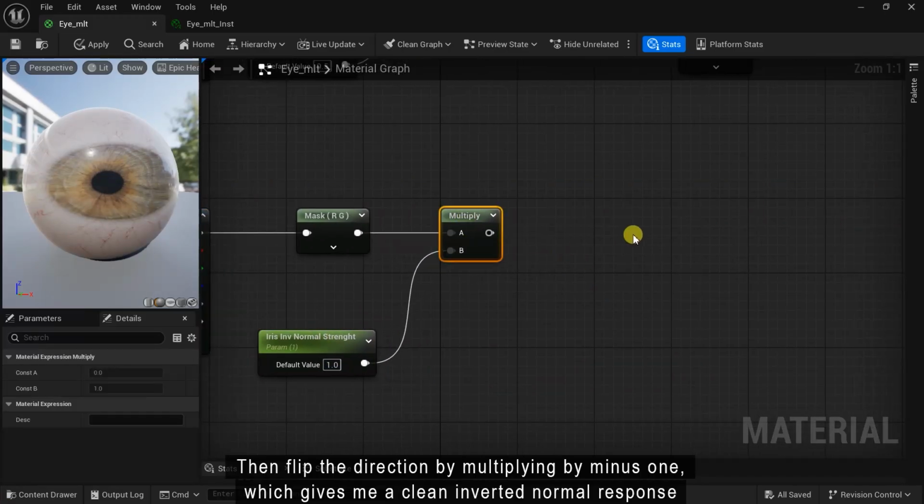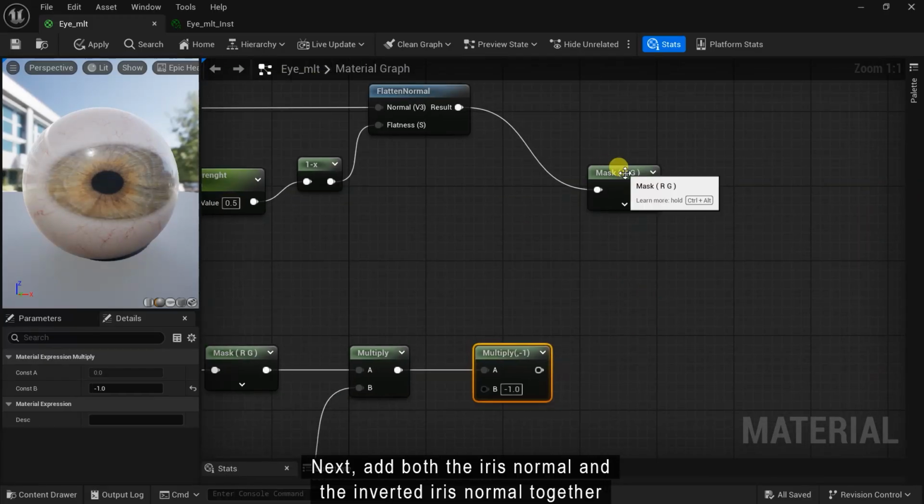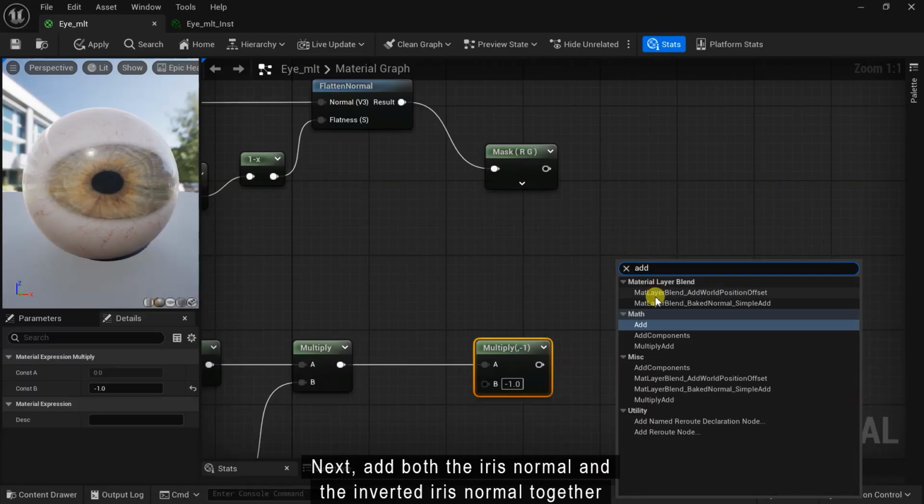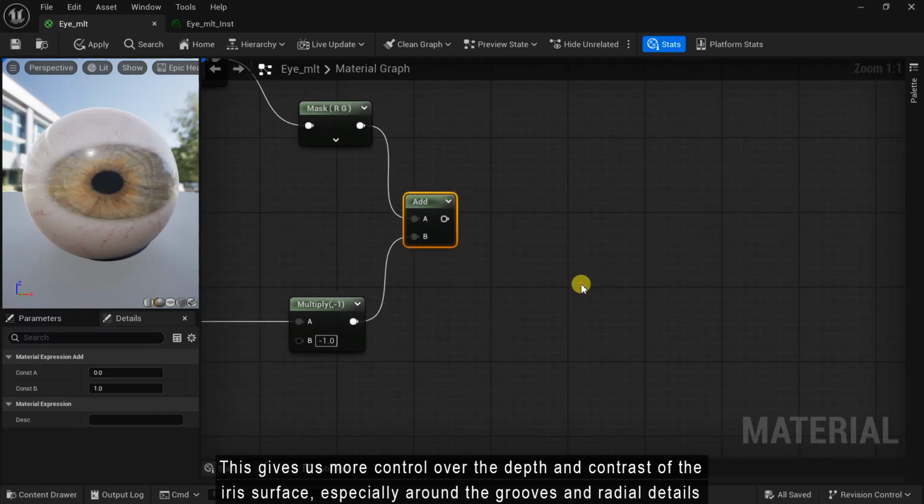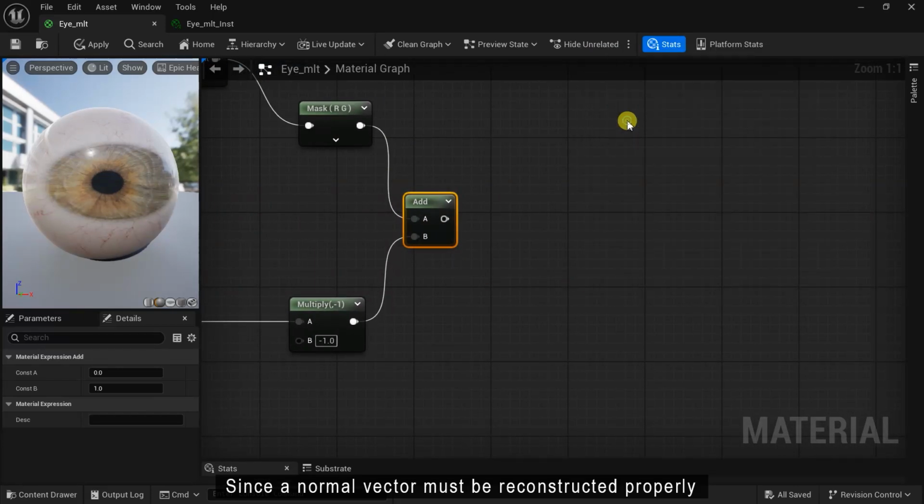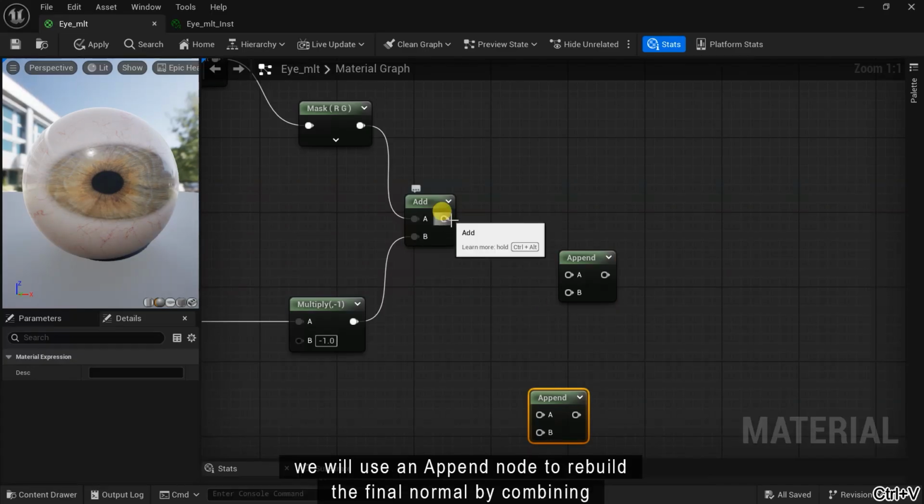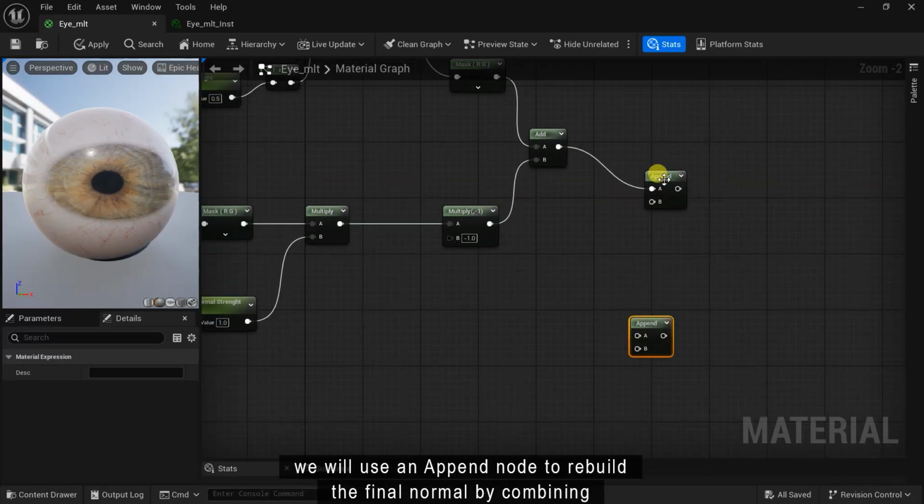Then flip the direction by multiplying by -1, which gives us a clean inverted normal response. Next, add both the iris normal and the inverted iris normal together. This gives us more control over the depth and contrast of the iris surface, especially around the grooves and radial details. Since a normal vector must be reconstructed properly, we will use an append node to rebuild the final normal